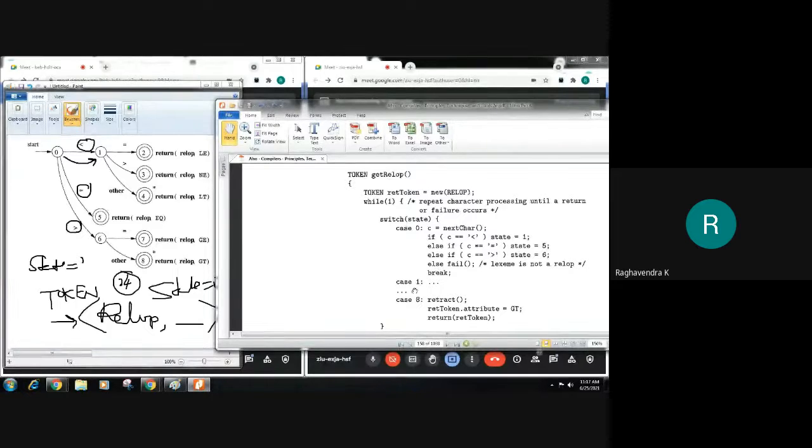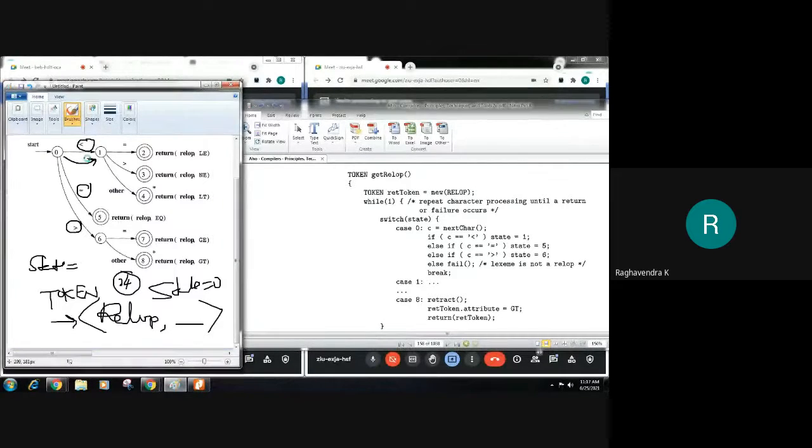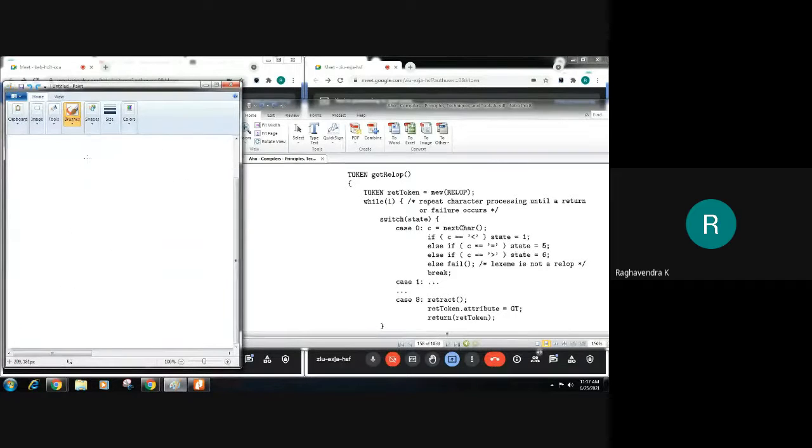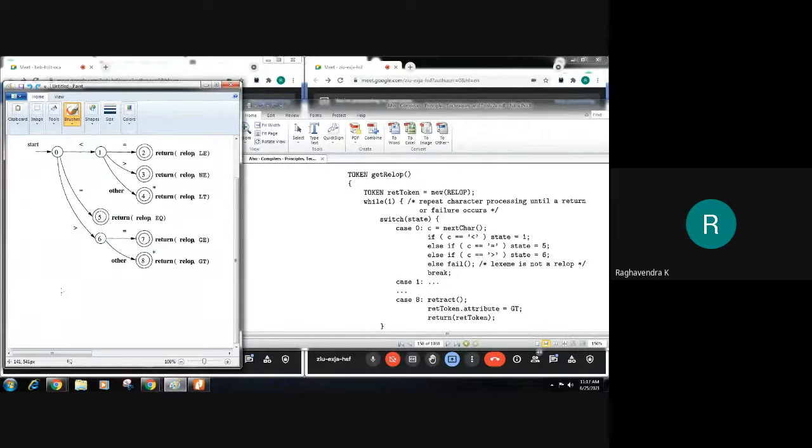Now similarly in case number 1, that itself is a multi-way branching, correct? So in case number 1, what are the possibilities? What can happen in state number 1? When we go to state number 1, let us try to write the case. It is not present in the code, so let us try to write it. So case 1. In case 1, again I will read the next character.